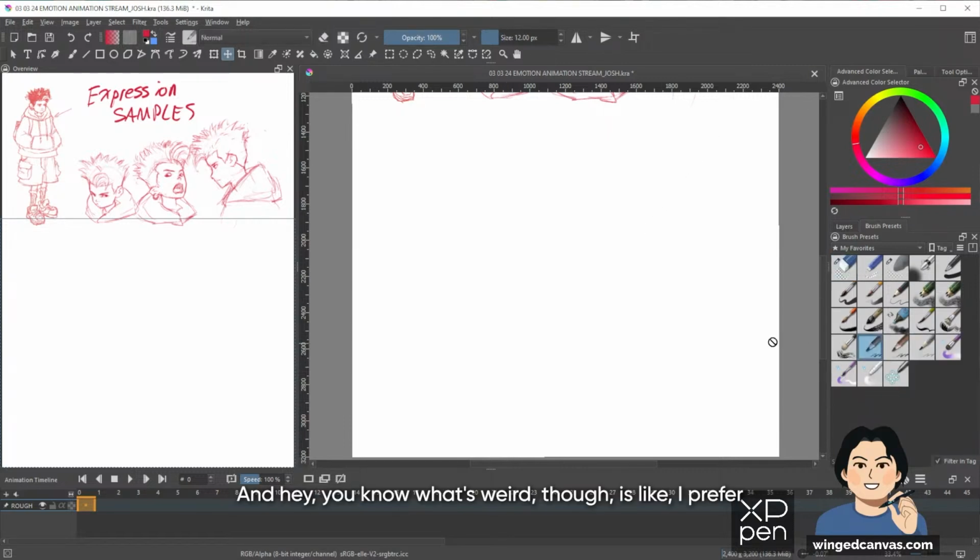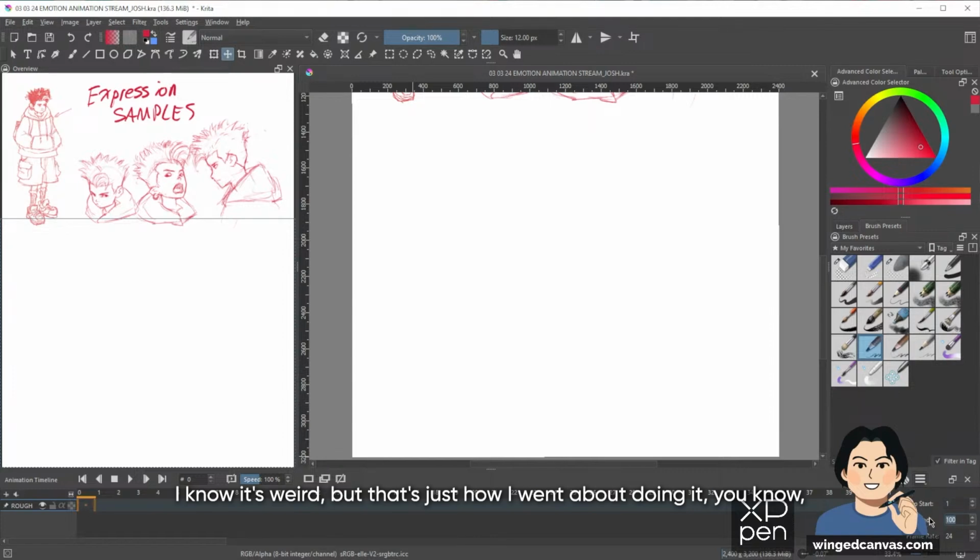What's weird is I prefer just the Wii remote, but I'm trying to relearn it. It's like muscle memory. I'm trying to rewire how to control on the newer controls, because I learned with just the Wii remote. I know it's weird, but that's just how I went about doing it.